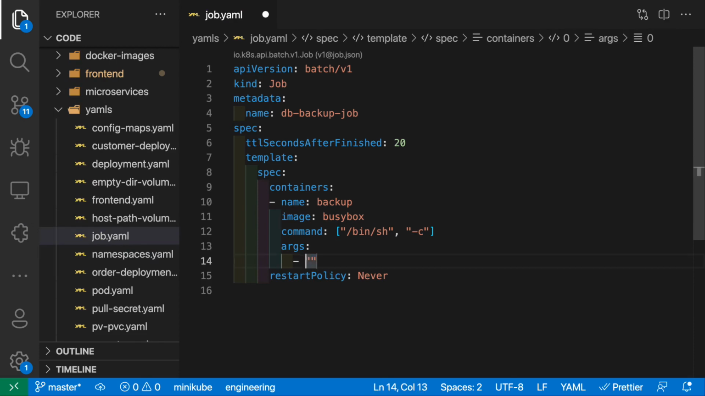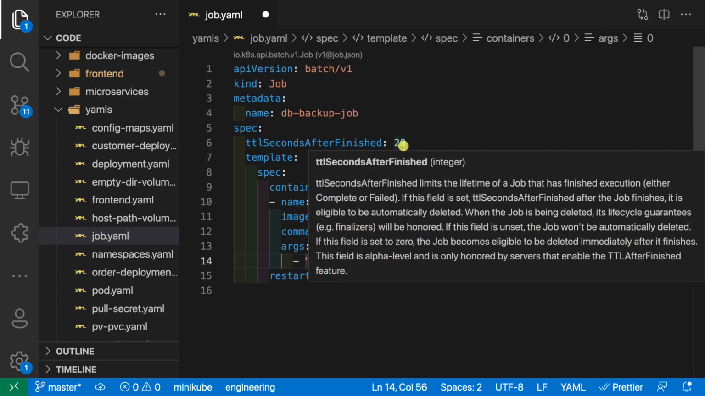And what I want to do is say echo, and then within single quotes, performing db backup. And then here let's just simulate that this takes, for example, 20 seconds. So sleep 20. So this job will take 20 seconds, and then it will wait another 20 seconds to terminate the